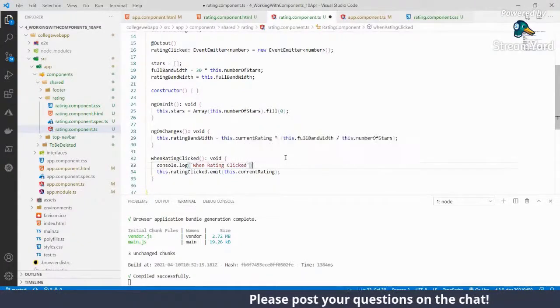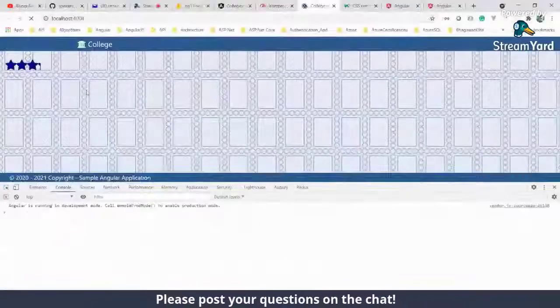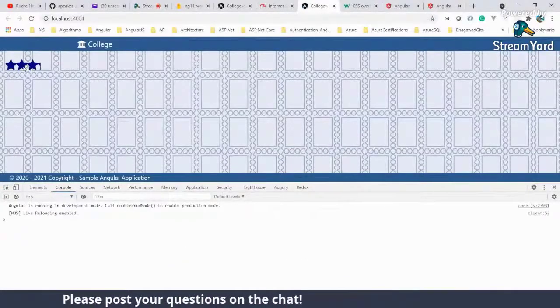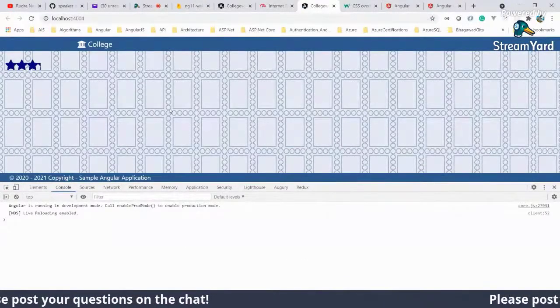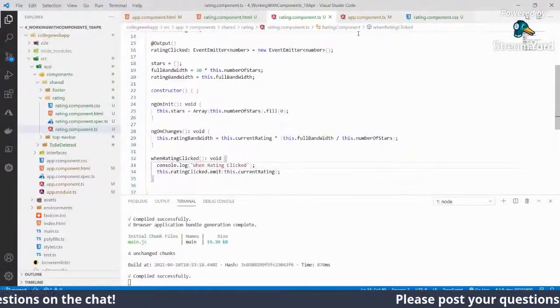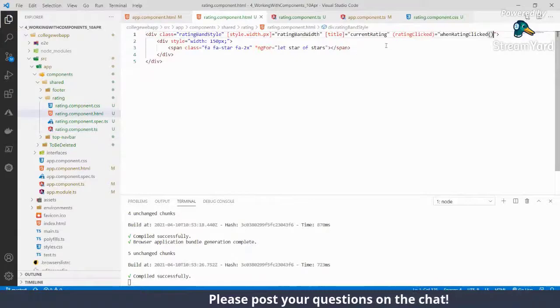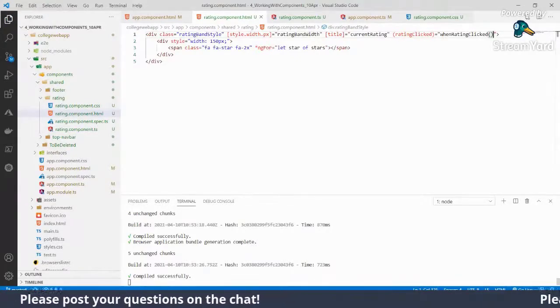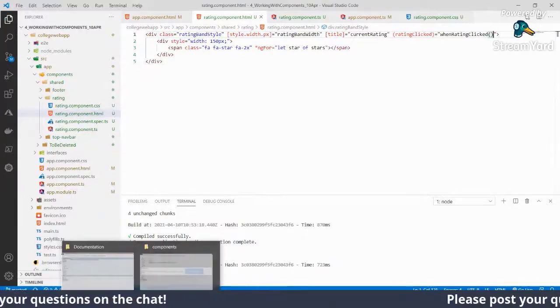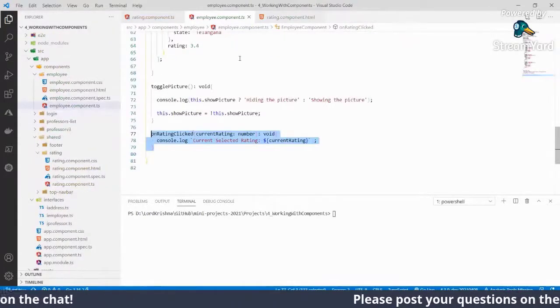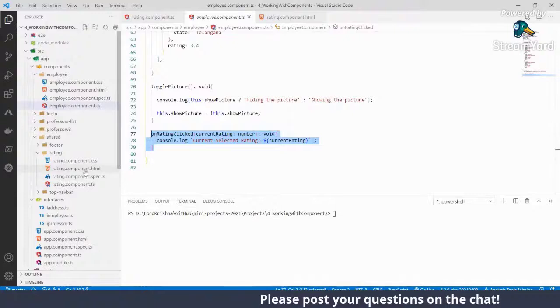When rating clicked, okay, this binding didn't happen properly, so something is missing. One second. Let's go to the rating component.